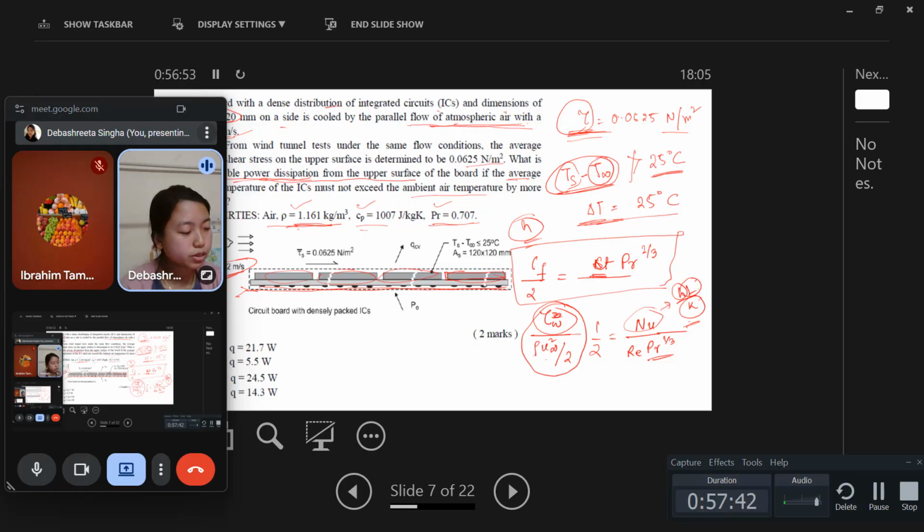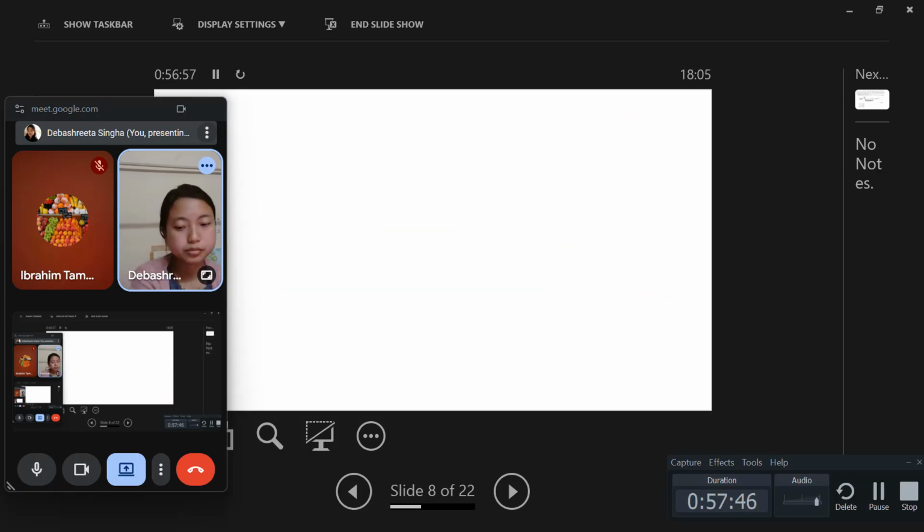How do you proceed with such a problem? Stanton number is given as Nu by Re Pr. Alright. Now if you break this Re,